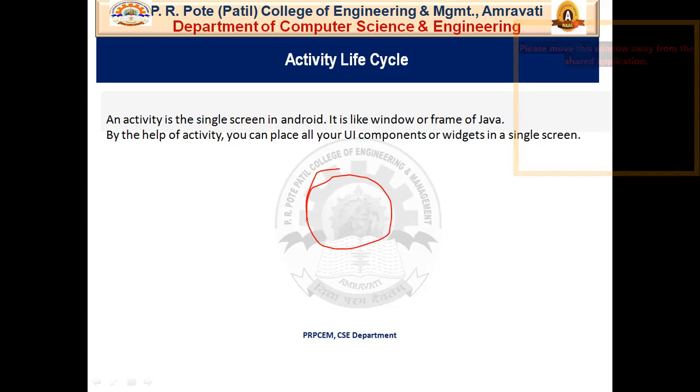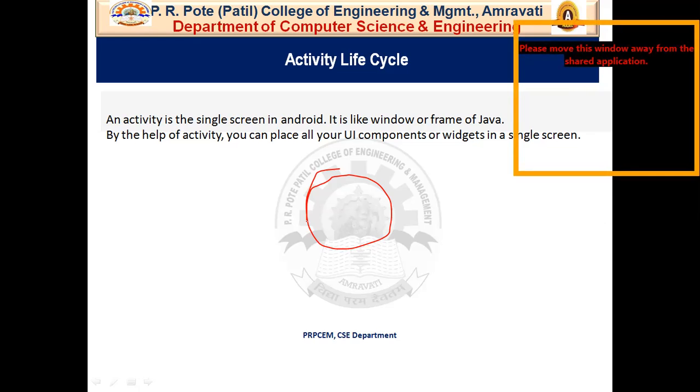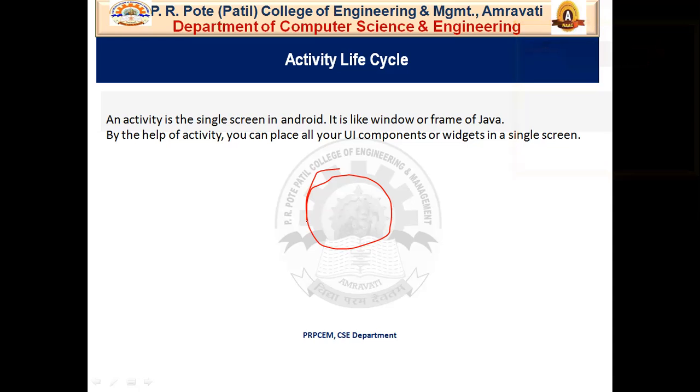If you have worked with the C, C++ or Java programming language, you must have seen that your program starts from the main function. In a very similar way, the Android system initiates its programs within an activity, starting with the onCreate callback method. There is a sequence of callback methods that start up an activity and a sequence of callback methods that tear down an activity.